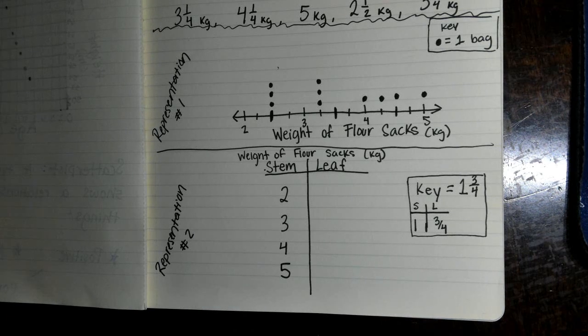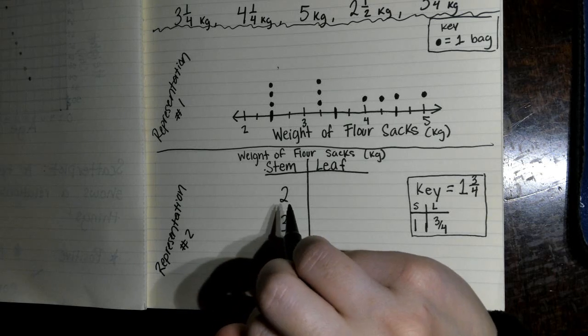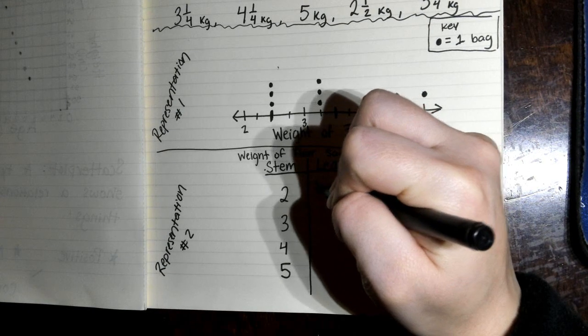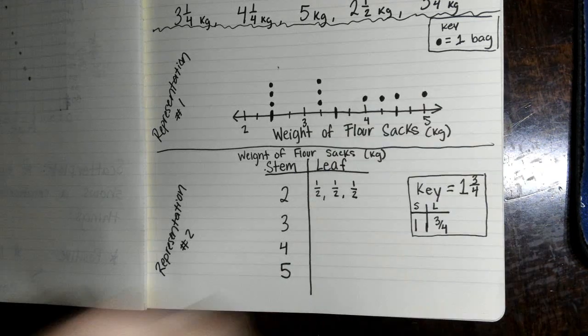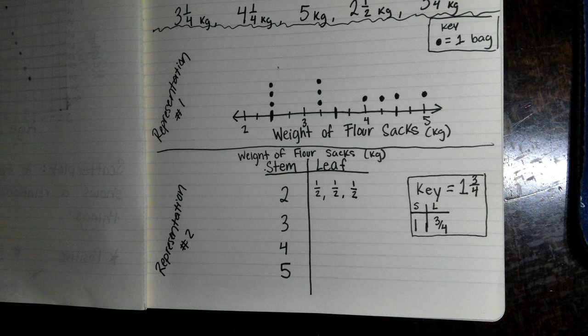So let's start. The 2, we had three 2.5s, right? I can see it right here. Three 2.5s. So I'm just going to write a half, and a half, and a half. And you put commas in between them to show that they're different numbers, right? And for the 3,